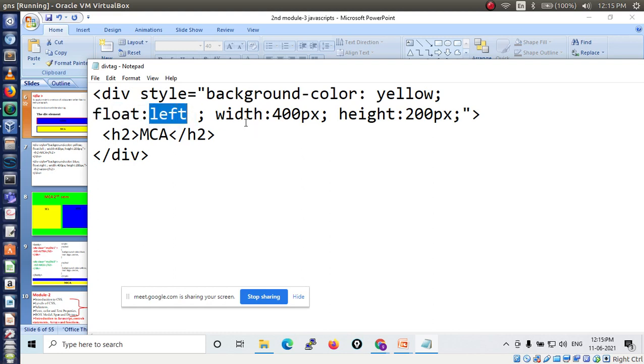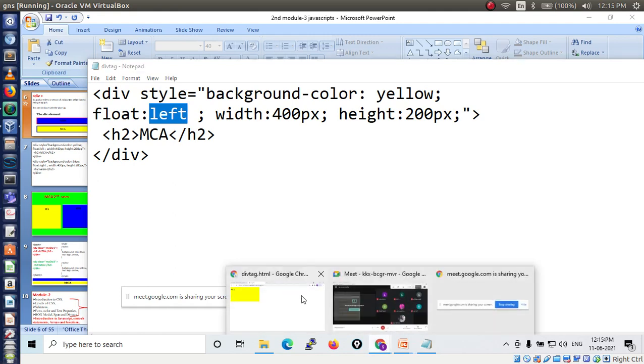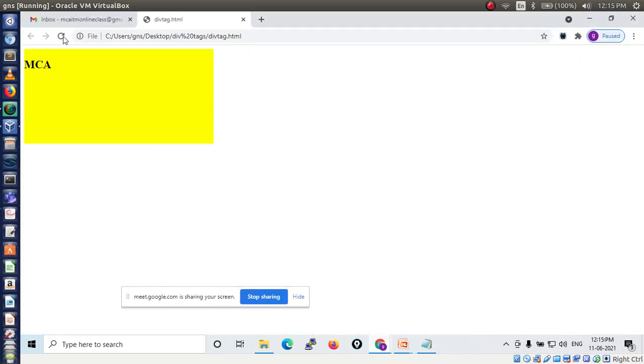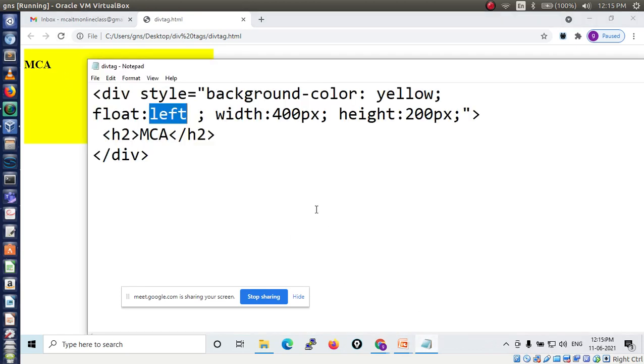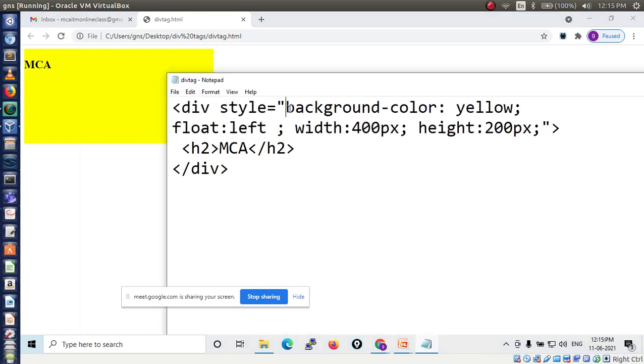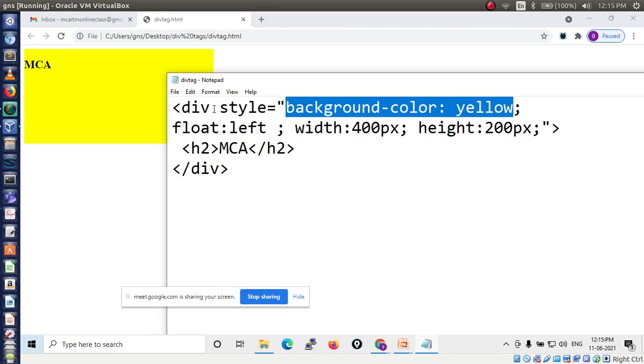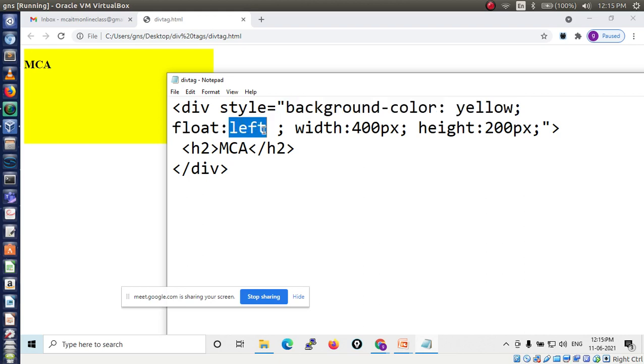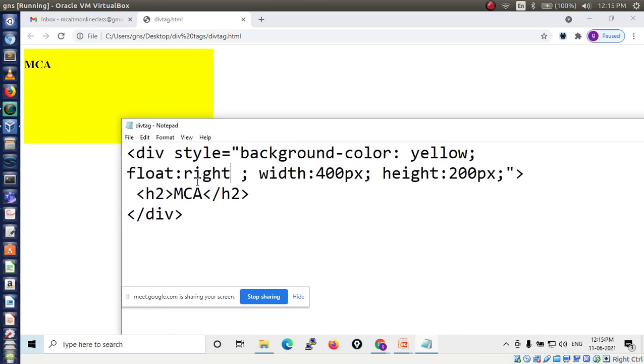Here see the output. Background color I have given yellow, so yellow it is displaying. Then float left means it is displaying on the left side. Now I will make it right. In this situation what will happen? See, float right I have given.